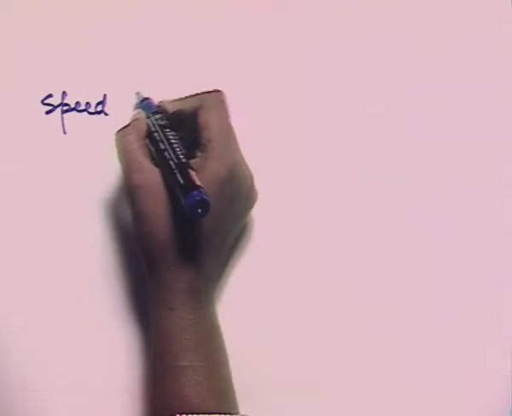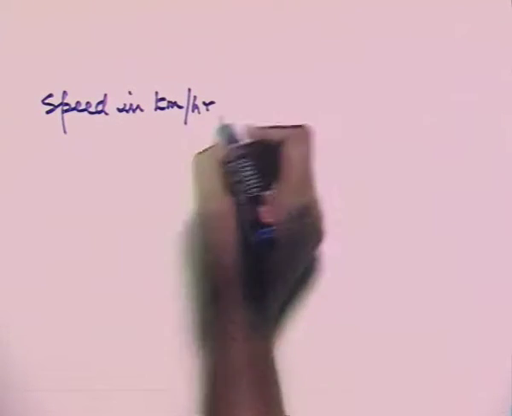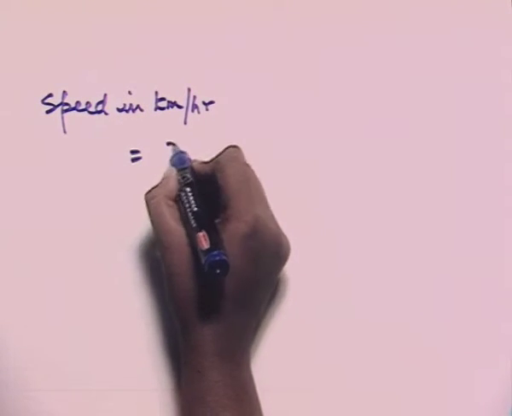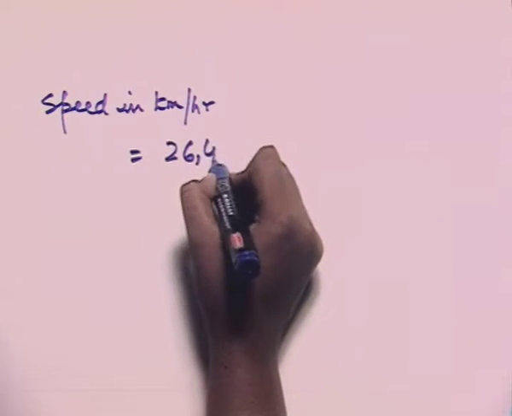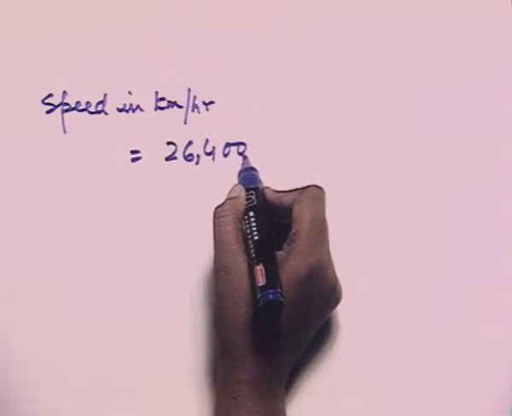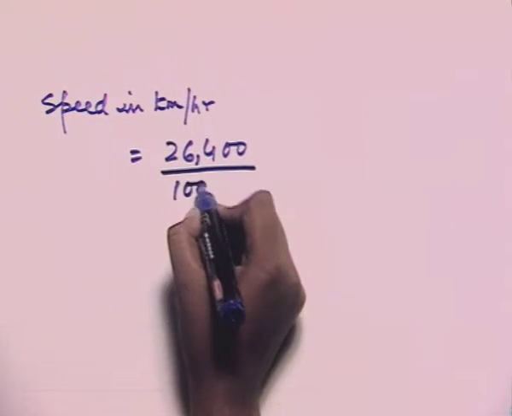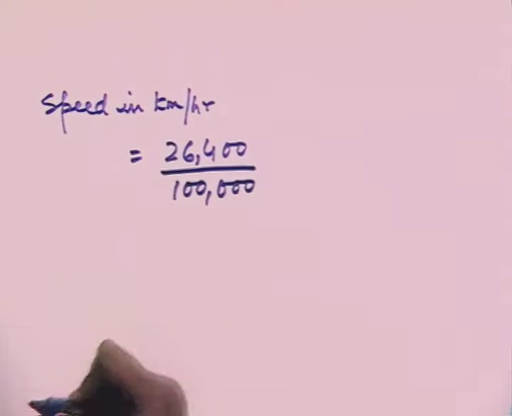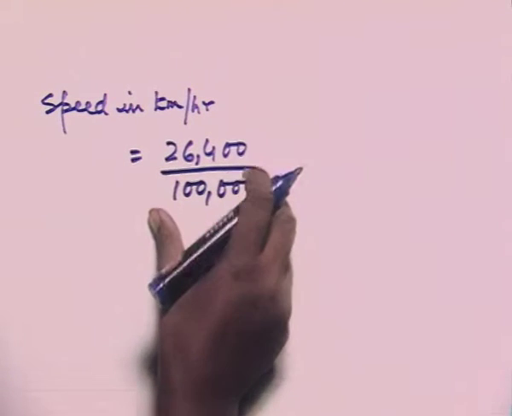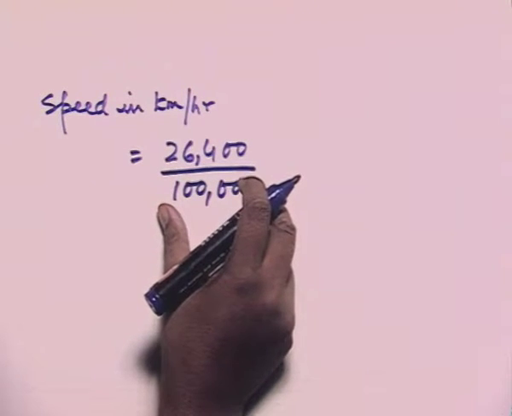So, speed of the wheel in kilometers per hour is equal to 26,400, this is in centimeters. First of all, we have to change it to kilometers. So, divided by 1 lakh. So, this number is now in kilometers, this quantity, and